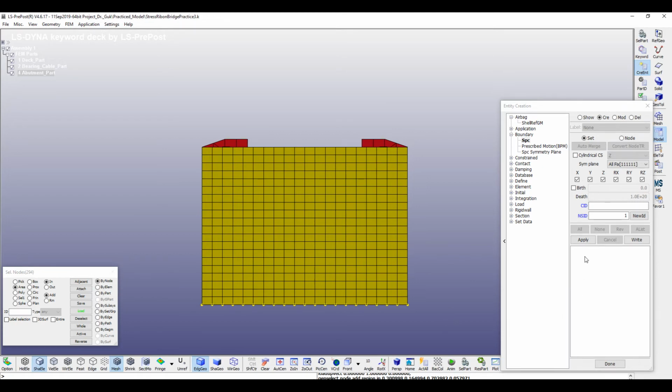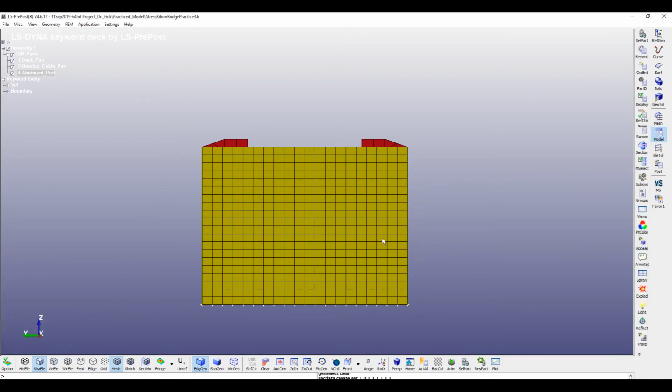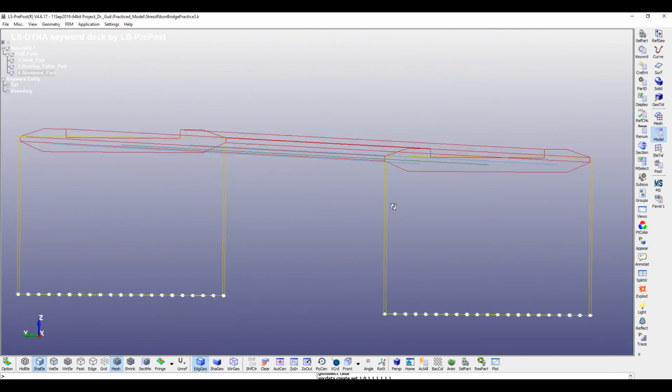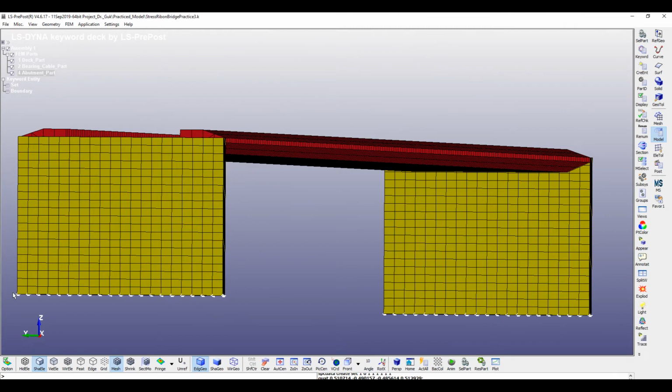So I apply this one. Yeah, you can see all the specific points where the surface of the abutment is shown here, the single point constraint on both sides, whose degrees of freedom in each axis is 1, and also the rotation of